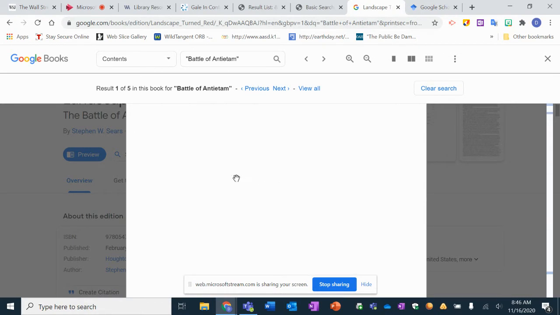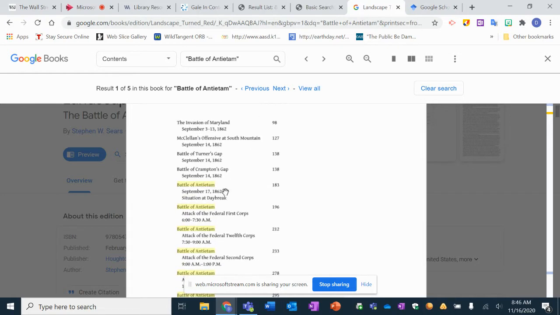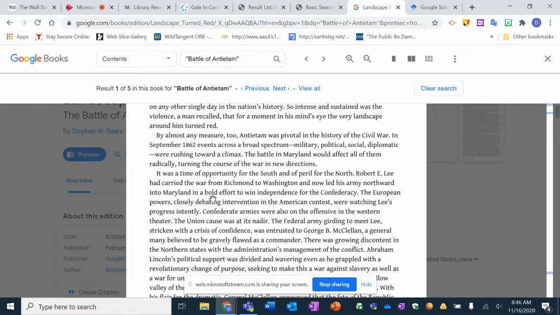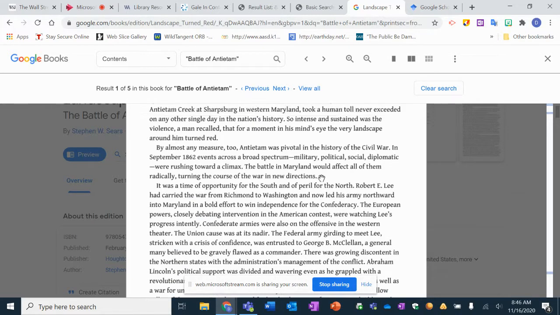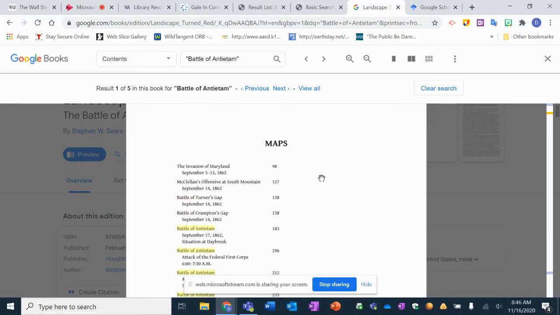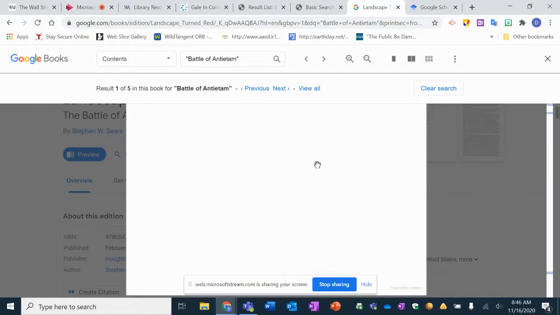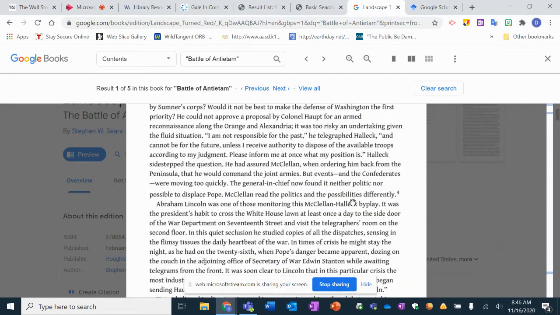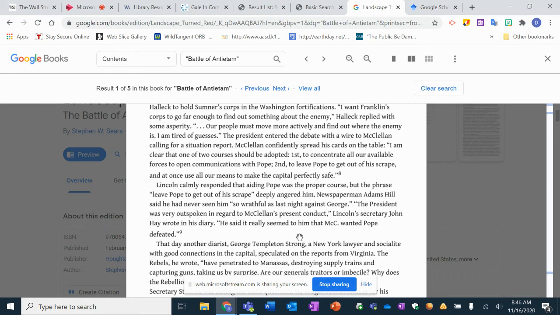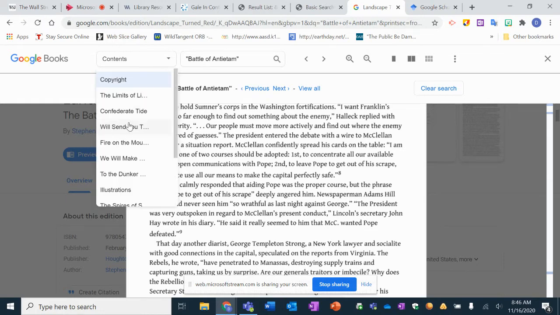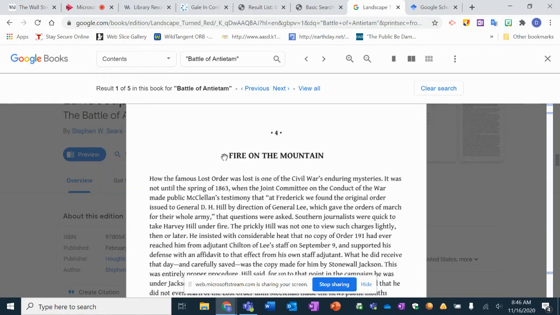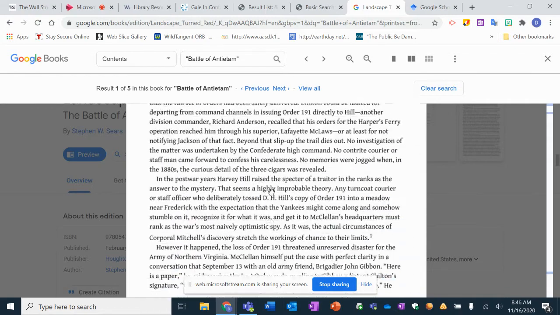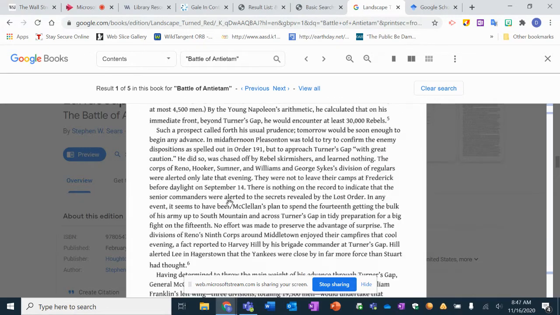Now, usually every time that your term is highlighted, it will show up in the book, which is helpful. The one thing that I'm going to caution against is, if you don't have the full book, generally you don't need to read an entire book to get the things that you need when you're doing historical literature, but that might scare you a little bit because you don't want to go off of half-hearted information. So just make sure that you're doing your due diligence and getting the context of whatever it is